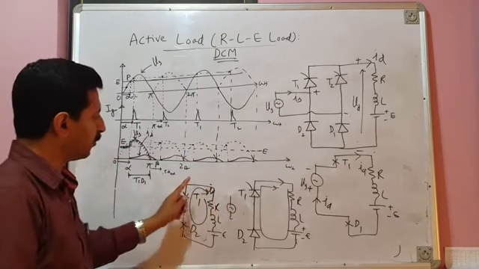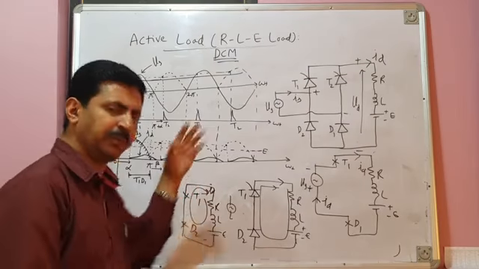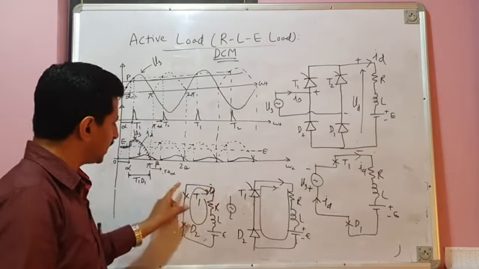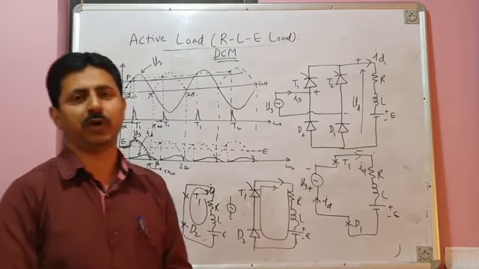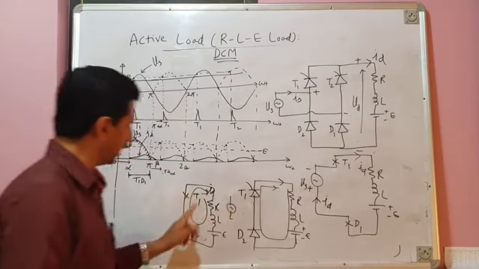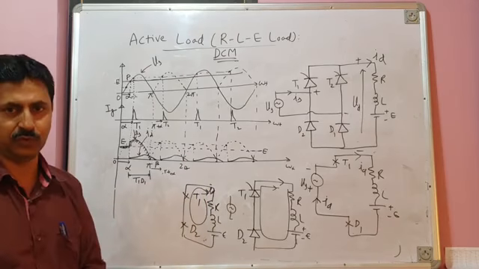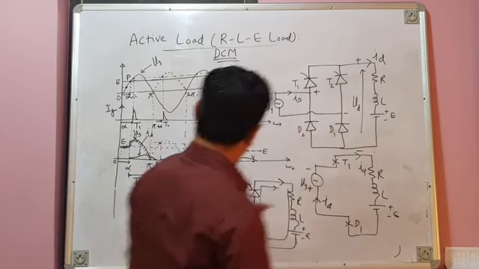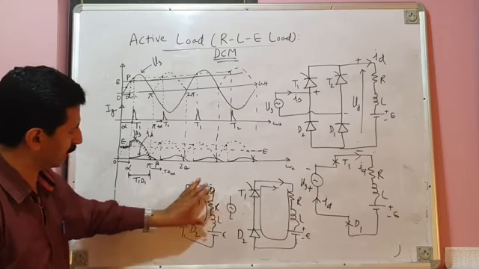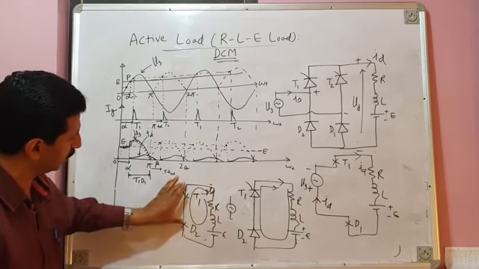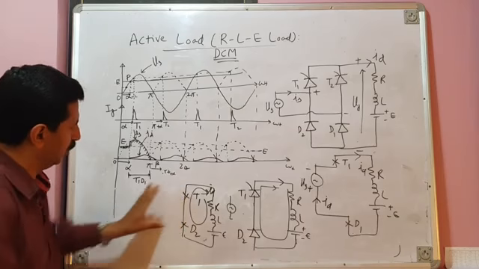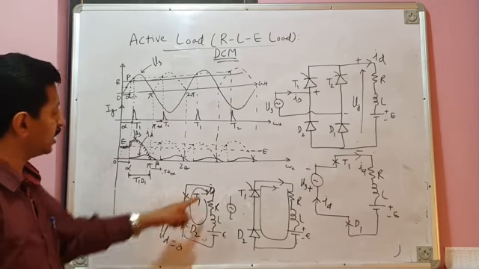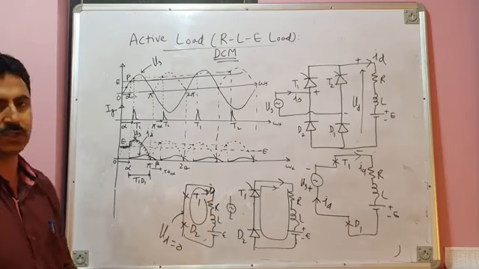Here, since T1 was already conducting, it will continue to conduct, and D2 will automatically turn on. So these present zero resistance to the flow of current. Out of these two paths, current will choose this path, and will freewheel through T1 and D2. During the freewheeling action, what is the voltage across the load? The load terminals are shorted by T1 and D2, and the voltage across a short is zero. So the voltage across the load during freewheeling action is zero.